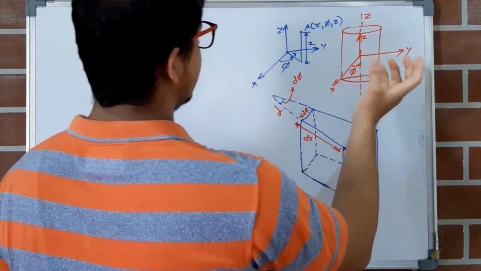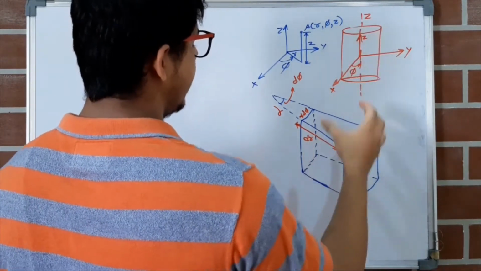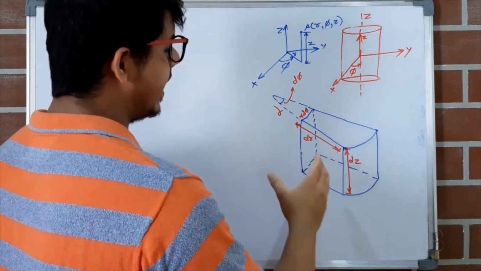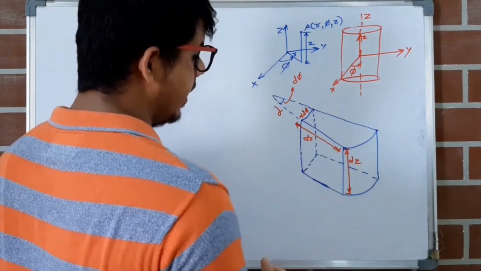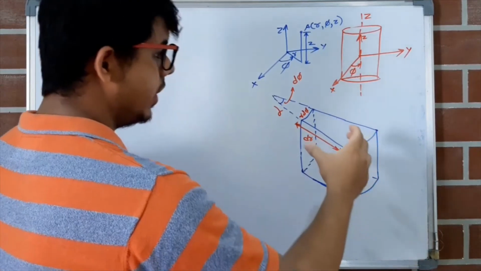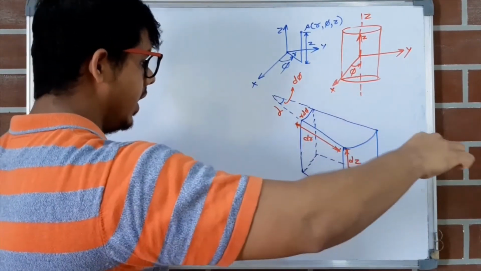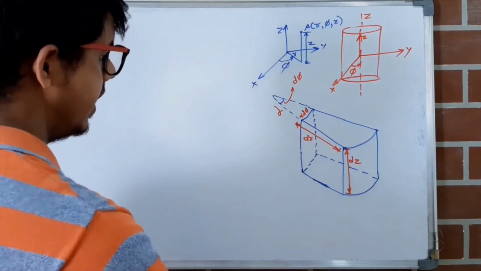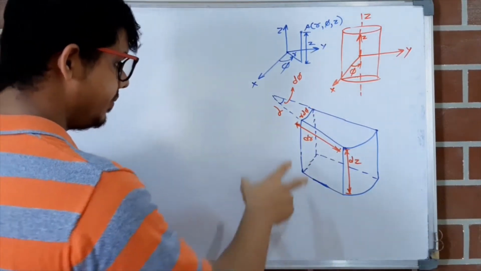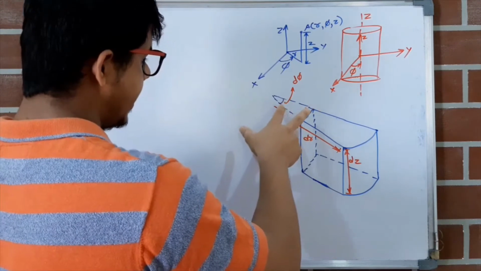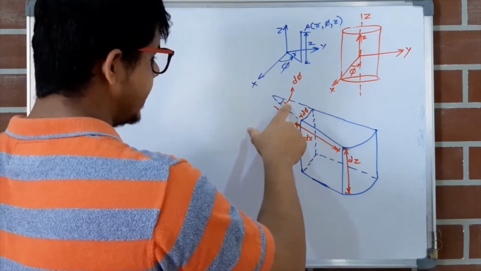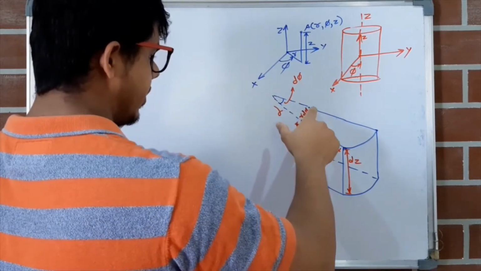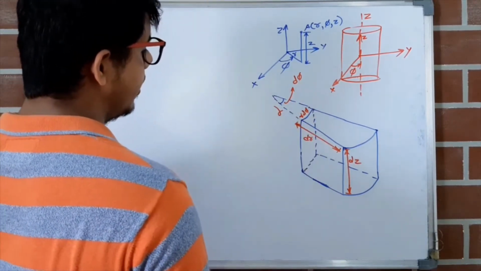So this is a cylindrical shape, and from this shape a cylindrical element is taken out. Now this shape looks like a cut piece of cake. We cut a cake, so it is like a pizza piece, a triangular piece. So it is in 3D. The angle subtended by this piece is d phi at the center of this rod. It is d phi. So this arc length will be what?